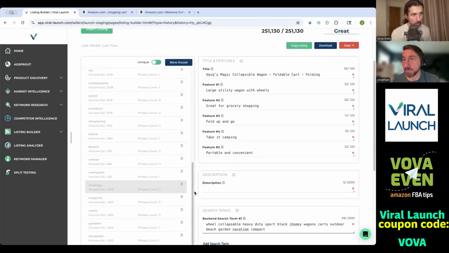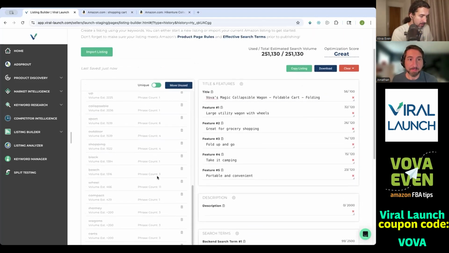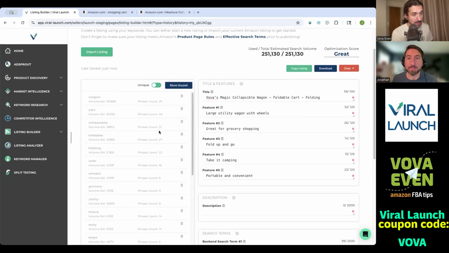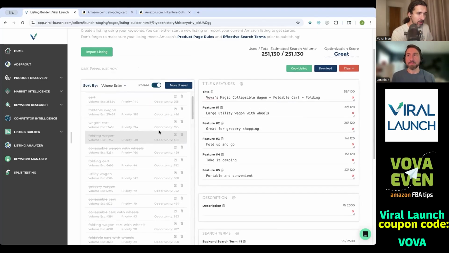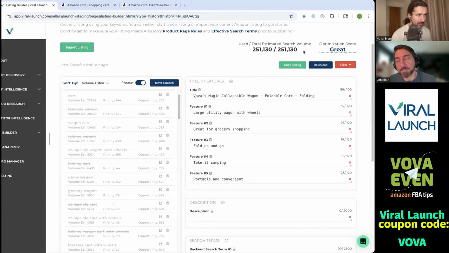So we got the best keywords on the left that are relevant if we want to sell a wagon or a collapsible wagon. And we've put them in the title, in the bullets, in the description, and then on the right upper side we can see that we covered all the keywords. So that's the idea, to find all the semantic core of keywords that is relevant